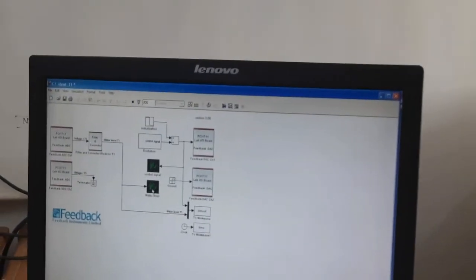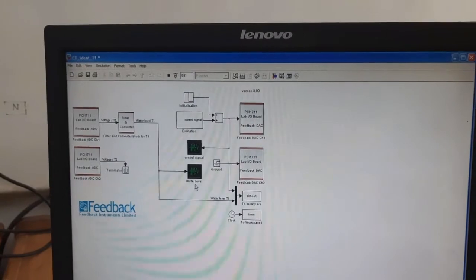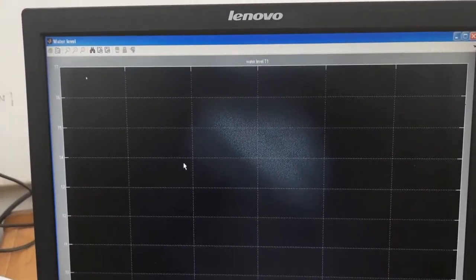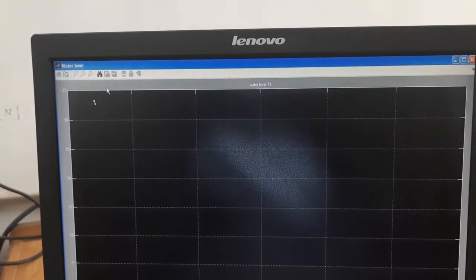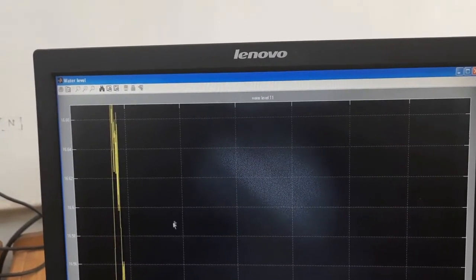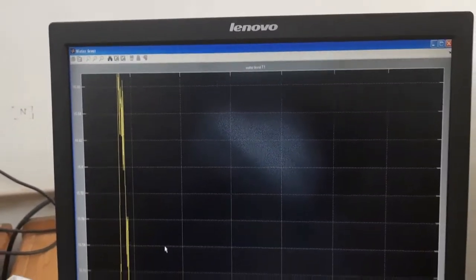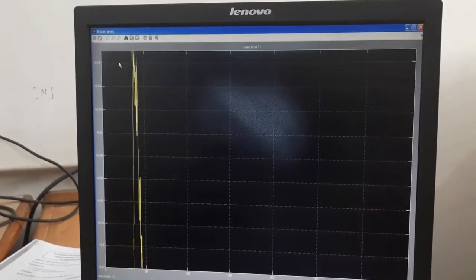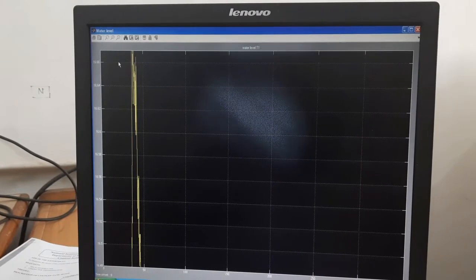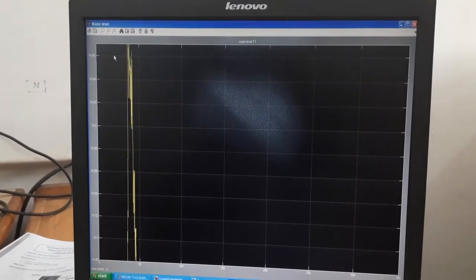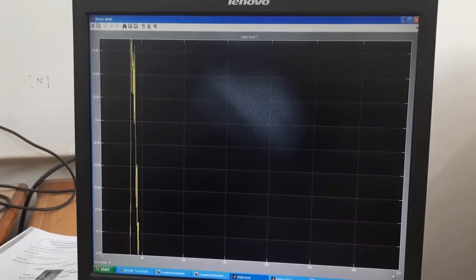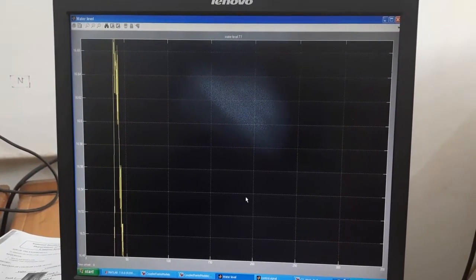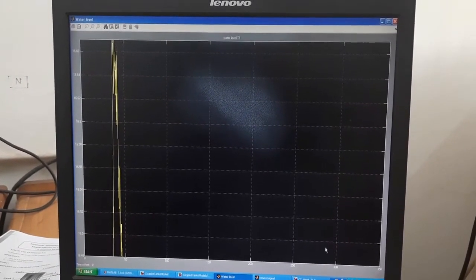To see the water level, we have to double click on this one. This is the water level scope. So here we can see the water level is changing, and now the scale is up to something 17, something 18 unit. It is coming, and we have run it for 350 seconds. So it is not really coming. So we will wait for that moment while it is coming from the 350.